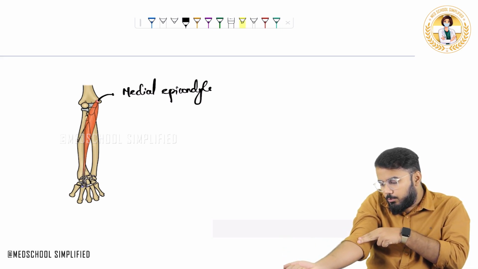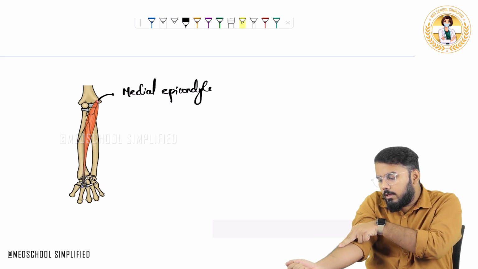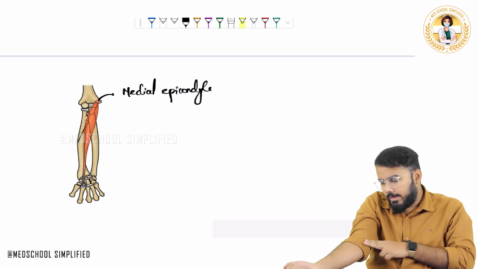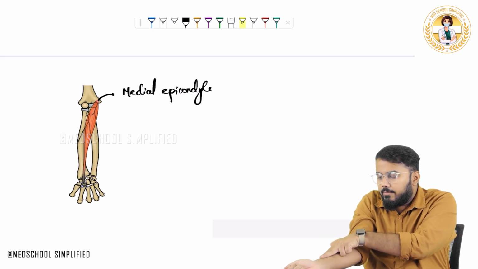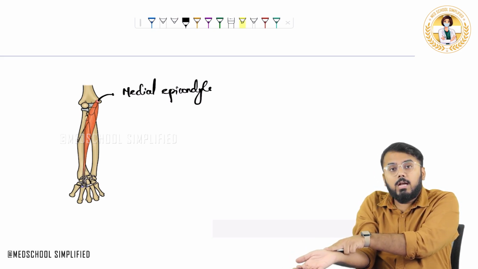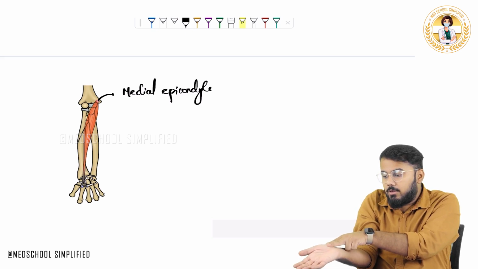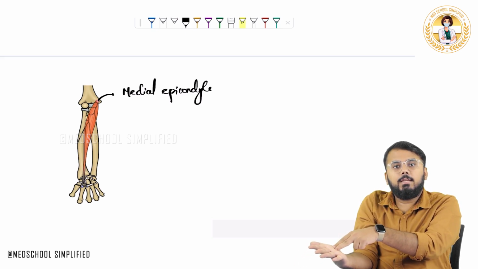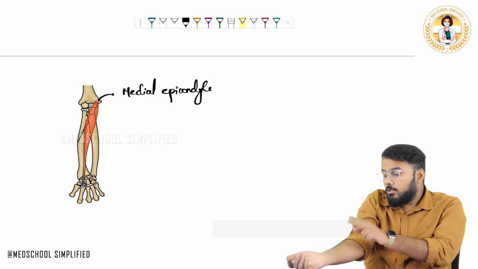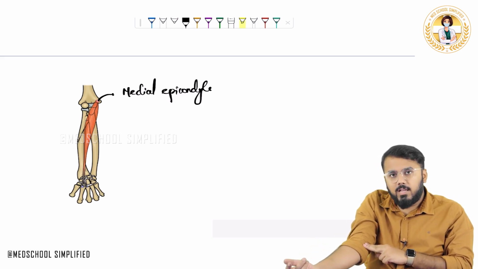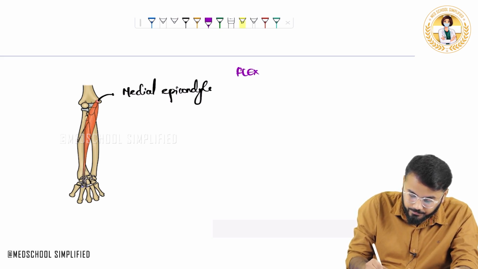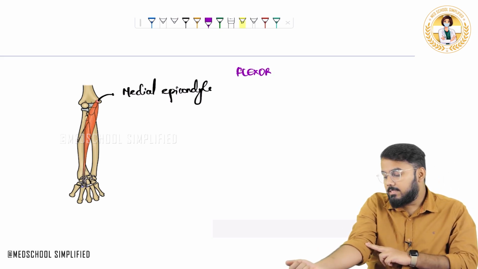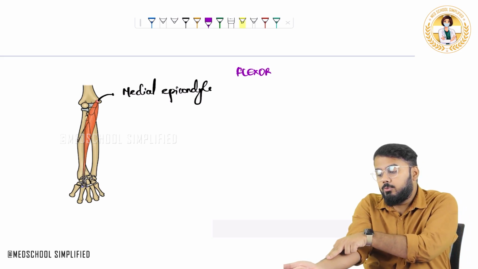Now this muscle is moving like this onto the radial side, I mean the lateral side, right. It is going onto the lateral side like this. Now it is coming down all the way. It is even crossing your carpal bones and inserting into your metacarpals. Okay, so how is it passing? Look, this is a flexor muscle. So the name of the muscle will be flexor, and it is passing towards the carpal